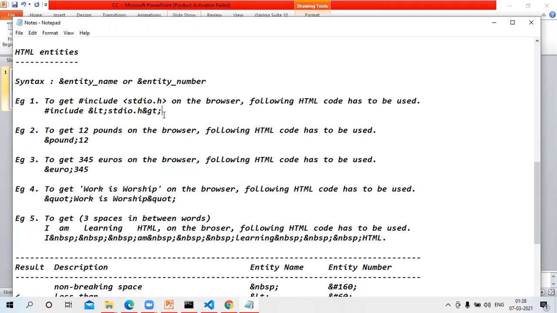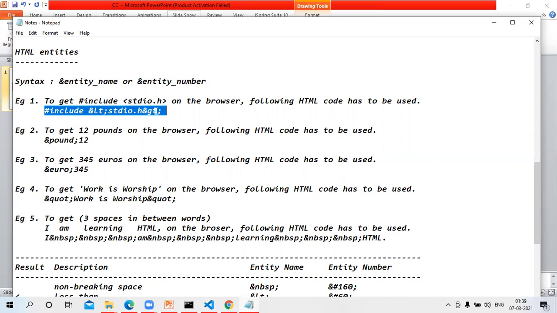So what is to be done if we want to display this less than and greater than? Then there is a concept called entity name. Instead of this less than, you have to replace it by ampersand LT and a semicolon, and ampersand GT and a semicolon.